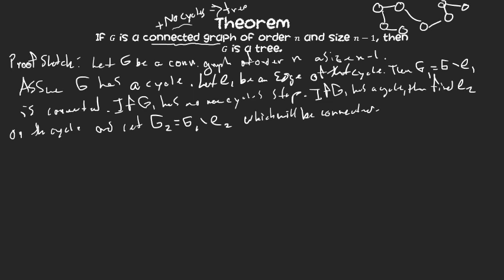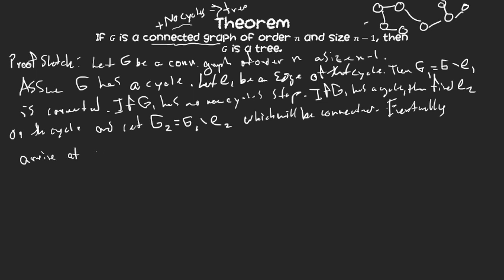So like up here, right, I started with this. I removed this one because I found a cycle and I found some edge on it. And then it still had a cycle, and so we can remove any edge from that cycle. And in this case, with the tree I have up here, with that example I've been working with, we would be able to stop at this point. So eventually, keep doing this,